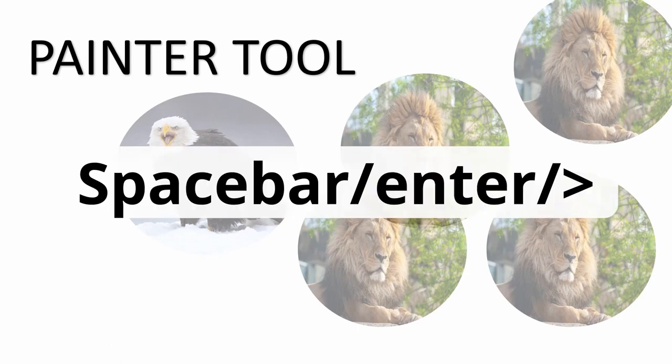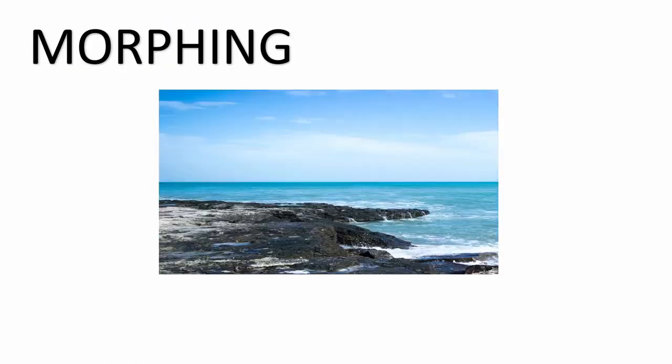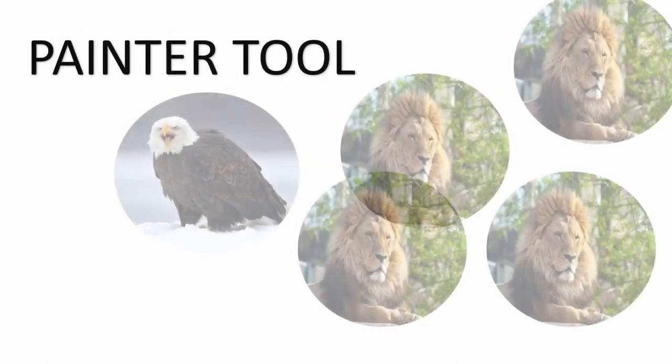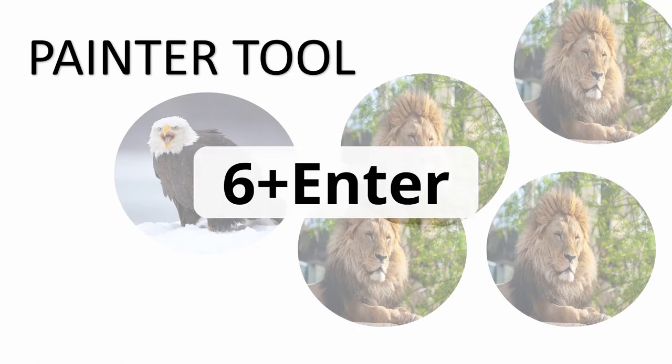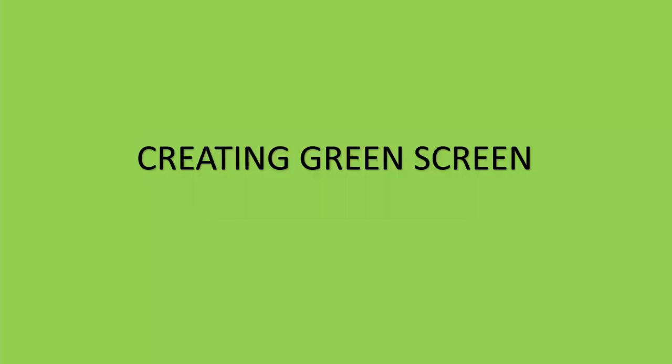The next PowerPoint keyboard shortcut I want to share with you helps you navigate in your presentation. So most people know that spacebar, enter, and the right arrow on the keyboard all advance your presentation. The back arrow on the keyboard takes your presentation one slide back each time you tap on it. Well, what if you want to jump from slide 2 all the way to slide 6? If you want to do that, all you have to do is tap the number 6 on the keyboard and tap enter on the keyboard. That will take you directly to slide 6.